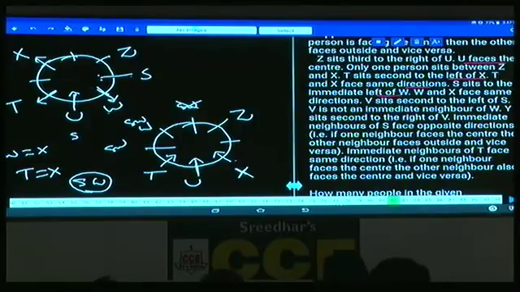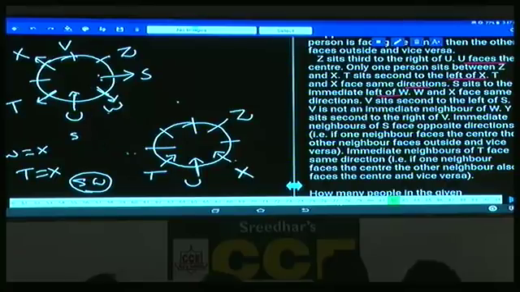If W is here, S can be here. Or if W is here, S can be here. How many possibilities? Two possibilities as it is. And V sits second to the left of S. As V is seated second to the left of S, in the first case, V will be here, because V sits second to the left of S. Now in the second case, W cannot be here. There are two possibilities for this W. That's what we have discussed, isn't it? Now W and X are facing the same direction. Now as X is facing the center, I am fixing W towards the center. If W is towards the center, then S will be here, isn't it?